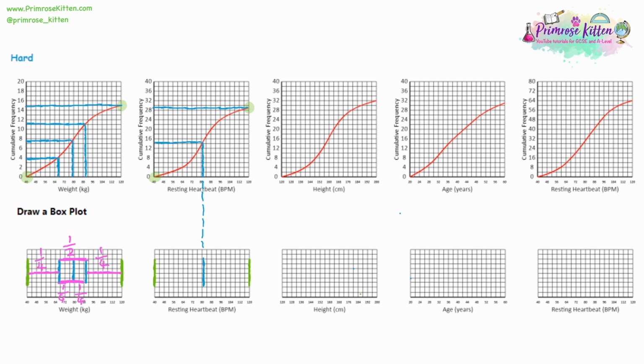For the lower quartile, we need to divide by 4 to get a quarter of it, and that's at 7.25. So at 7, or a little bit above 7 for the 0.25, draw a line across, draw a line down, so it's on 72 or just after the 72. Use your ruler to bring this down and draw the line.